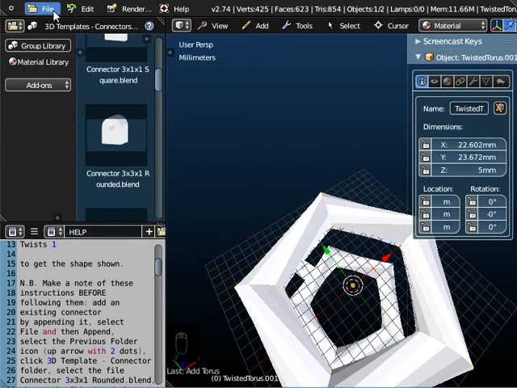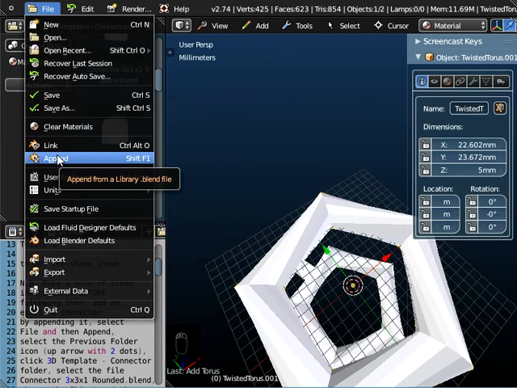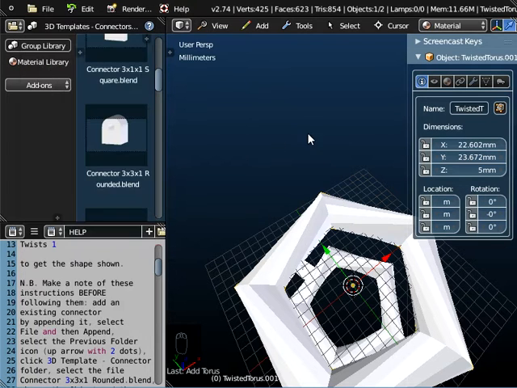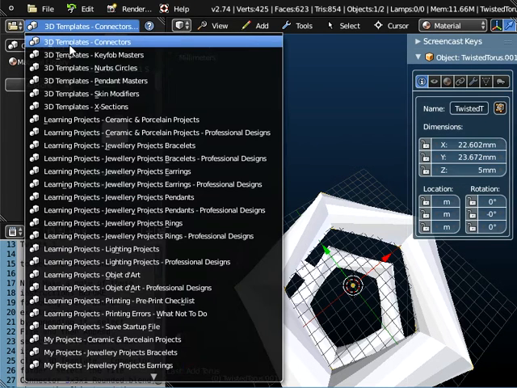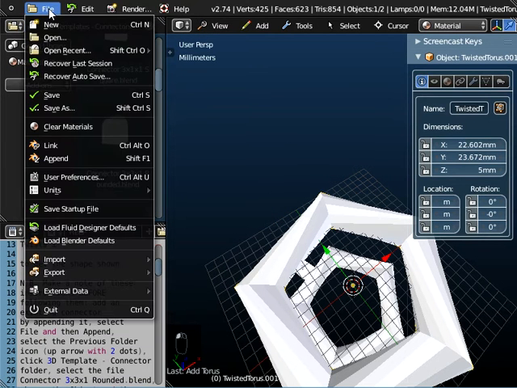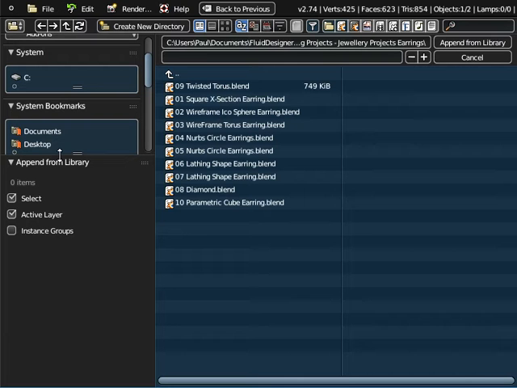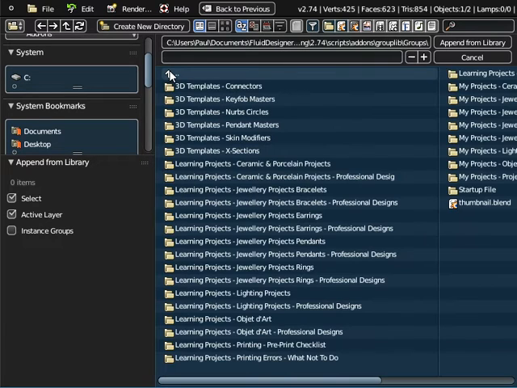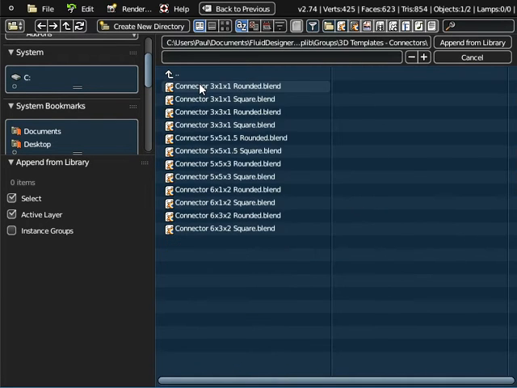What we need to do is to use a function called append. Append means we can take an object that's been created already and drag it into, append it to the current workspace. So we need to realize that we're going to 3D templates connectors, and so what we do is we select File and Append. So we're currently in Jewellery Projects Earrings, so we need to go up through the menu system. We're looking for 3D templates connectors, and we're going to do the